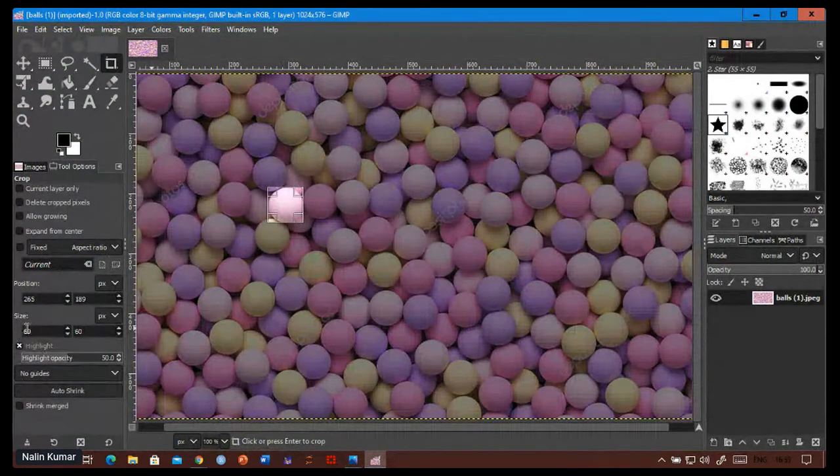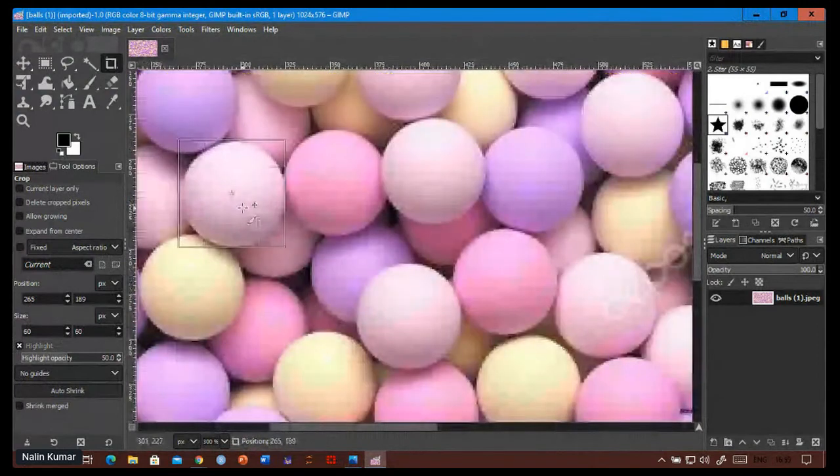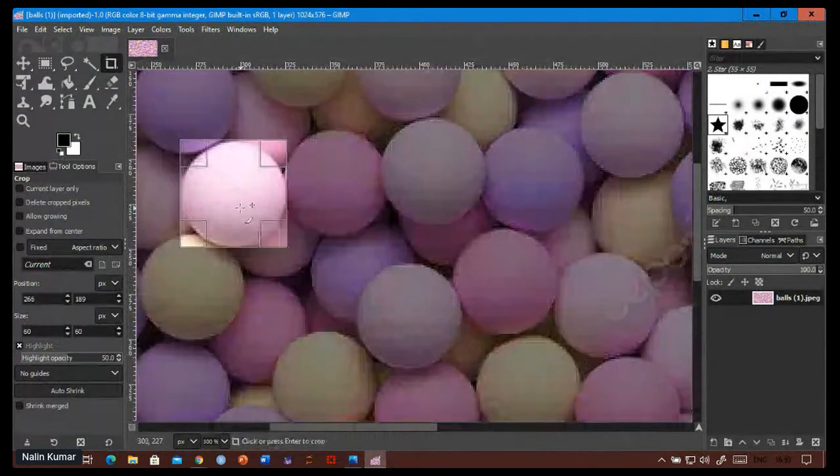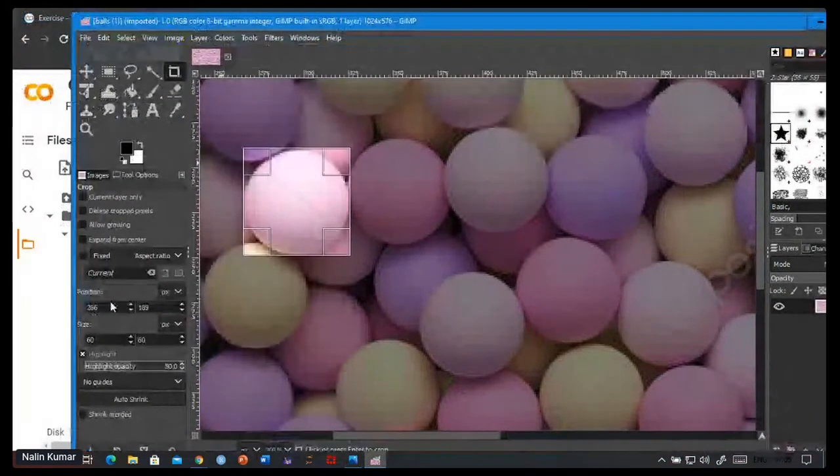As you can see, the size is 60 cross 60.